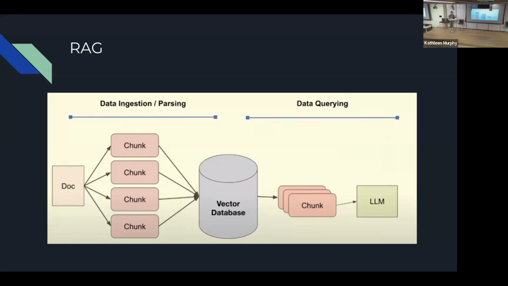For the ingestion part, it's gonna chunk the docs into different pieces and parts, and put them into a vector database. And then when you do a query, you just query the vector DB and query those different chunks. You feed that into the large language model, and it then gives you the results. So that's what a RAG is.